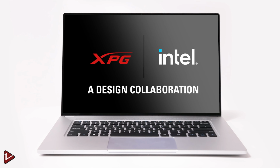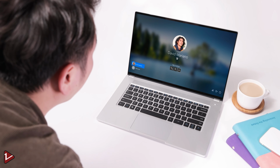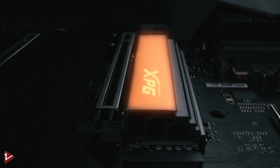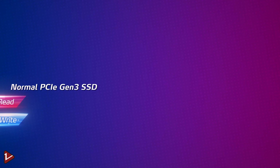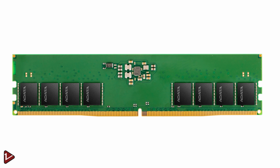Okay, let's start with Adata and the new XPG laptop designed for all type of consumers, no matter if you want it for work or if you want it for gaming. Also, they show the new GameX XPG NVMe drive with support of PCI Gen 4 and capable of reading speeds of 7400 megabytes and writing speeds of 6400 megabytes. At the end, they show the new prototype of DDR5 memory modules that might be available at the second half